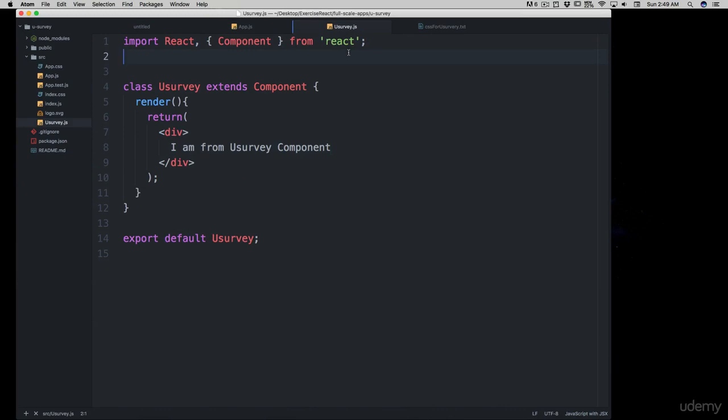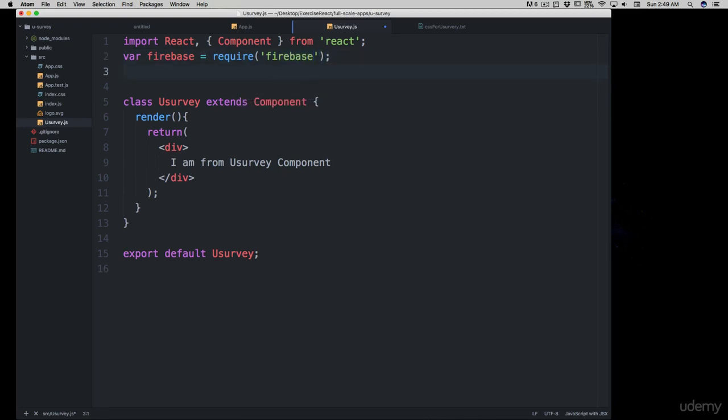Now the very first thing that we'll be doing is creating two variables in here. So we are going to create first of all Firebase, and it's going to simply say I want you to require Firebase, and this is how you do it. There we go, Firebase is ready to rock and roll. And we're going to do the same thing for one more element, which is UUID, and this is also going to say exactly the same, require